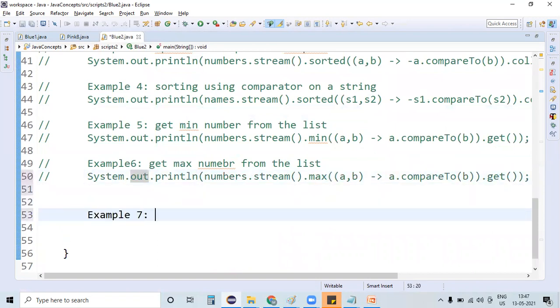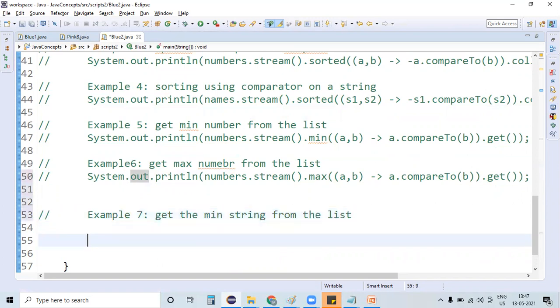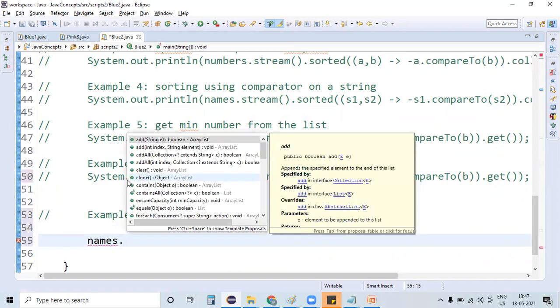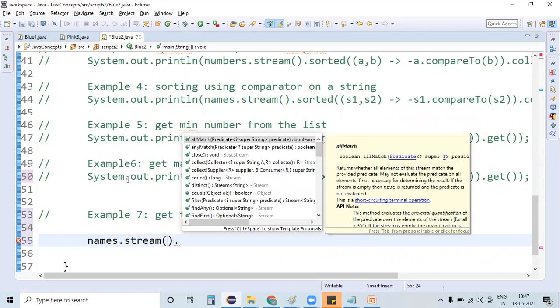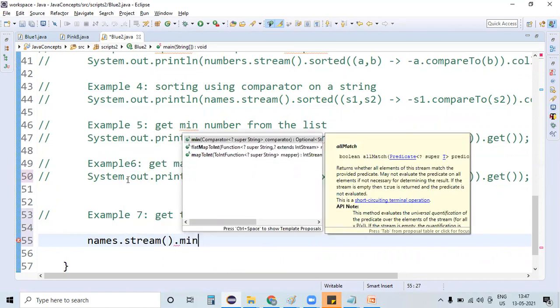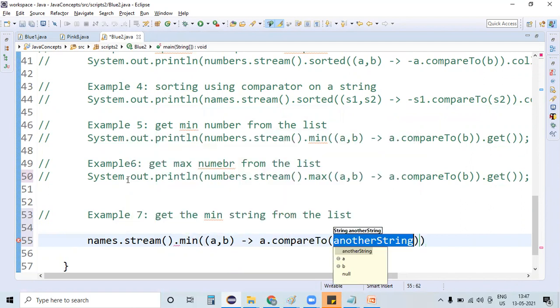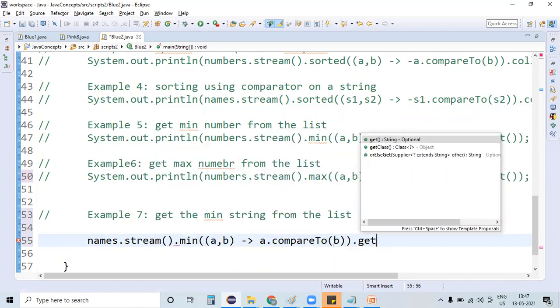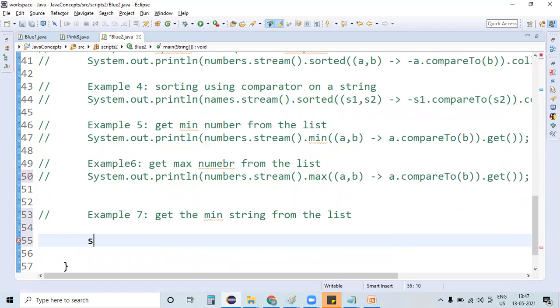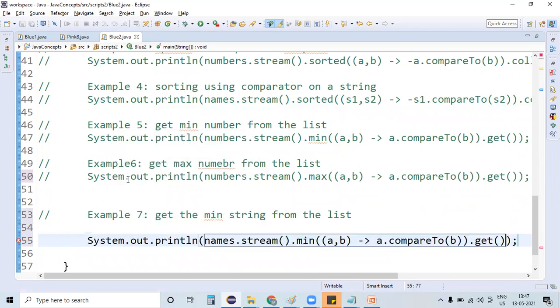Example 7, get the minimum string from the list. Whatever is in the list, get it. names.stream().min, and for this min, a, b, again the same logic, I'm not changing: a.compareTo(b), get it, and print this information.